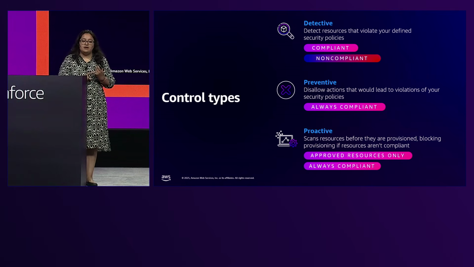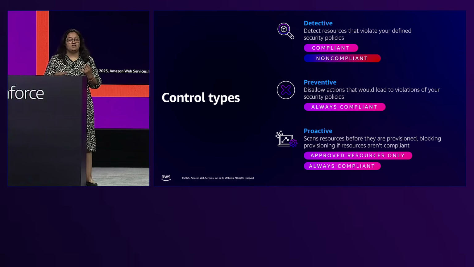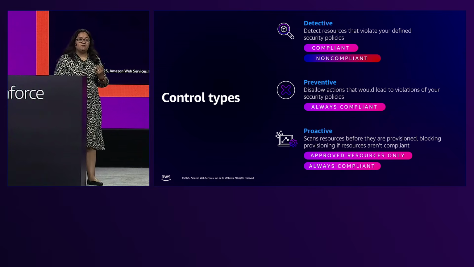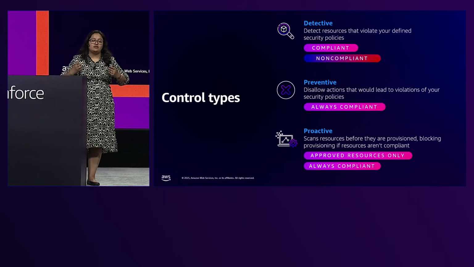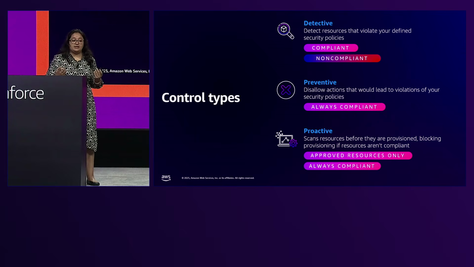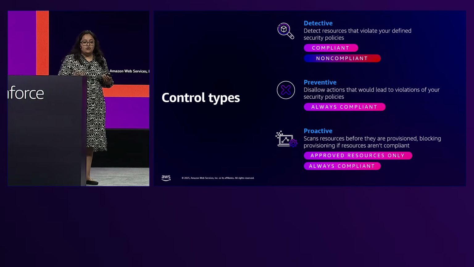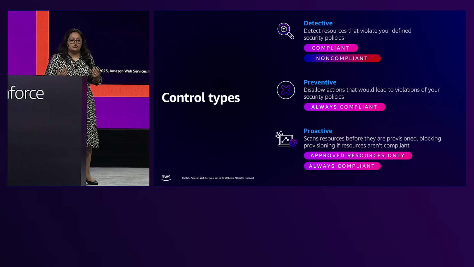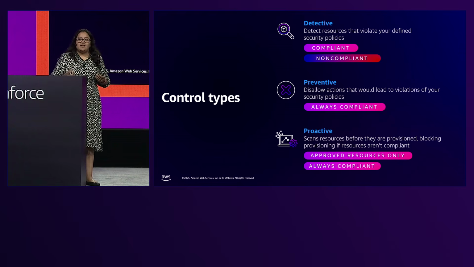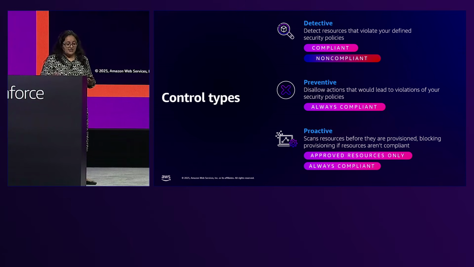There are detective controls. They basically are implemented through SCPs, Security Hub, and Config. It identifies how your resources stand against a particular compliance standard, and if there is a deviation, it will alert you. Preventive control is via service control policy, which makes sure that you have controls in place to protect access to your data. And then proactive controls are mandatory controls you can put in place to make sure that certain things that you know should not happen in your AWS environment would not happen. So access to, as I said, external credentials is something that you can stop before it happens.